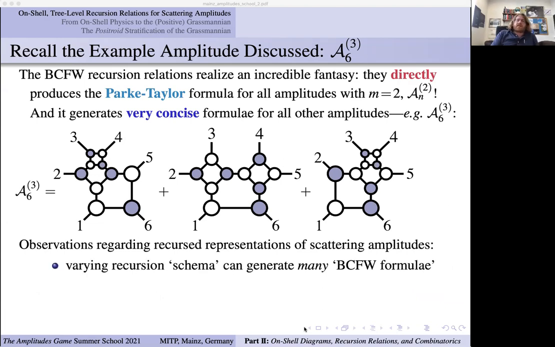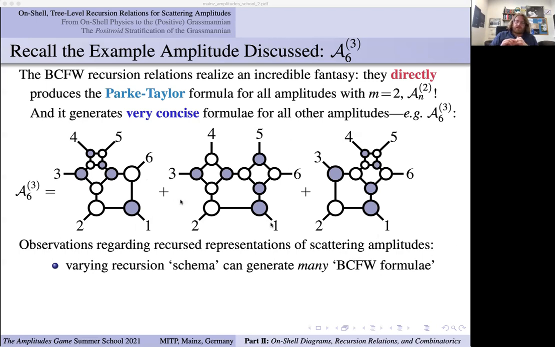And we remarked on the fact that there was not a unique representation of either the diagrams nor the terms that came out of the diagrams. If you chose legs 1 and 6 to be the anchors of the recursion, you would get these 3 pictures, or actually you could get different pictures depending on how you recurse to these corners here. So you can get very different looking pictures. And you can also get different functions, because if you had picked legs 1 and 2 instead of 6 and 1, you would have gotten, who cares if they're different pictures, you would have gotten very different functions. It turns out no matter how you recurse the corners, you still get the same functions. So it's really just this first